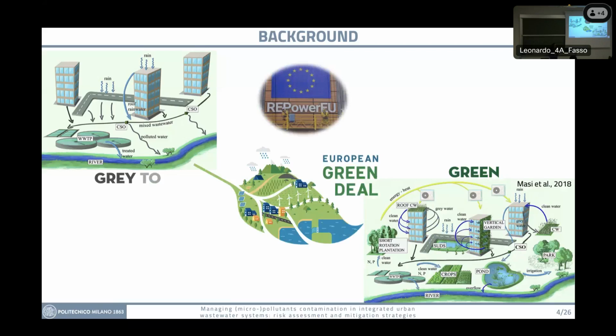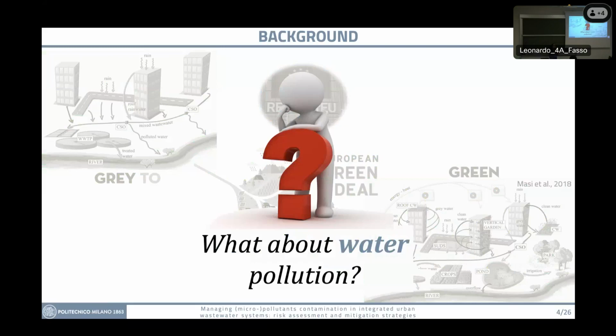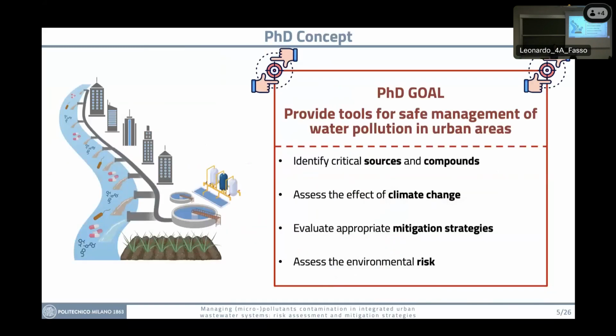And we also have green energies that can use water, and water can also be reused inside the urban area, also for agricultural purposes. So this is actually the current shift for cities, but what about water pollution that comes from these new practices? So in this context, my PhD tries to provide tools for safe management of water pollution